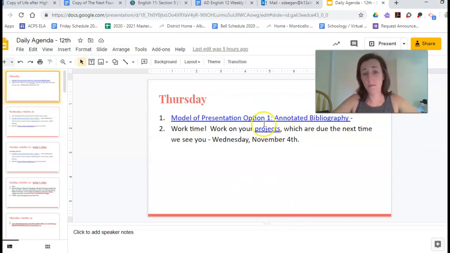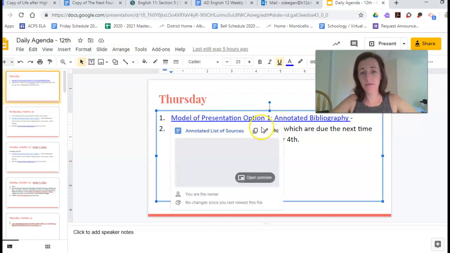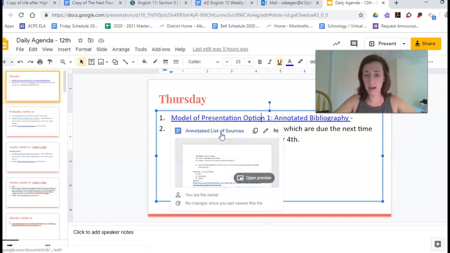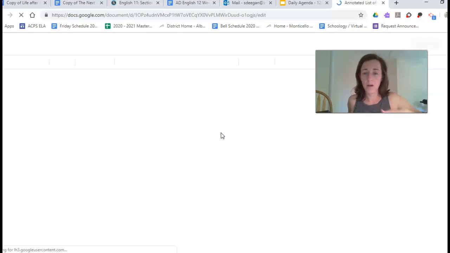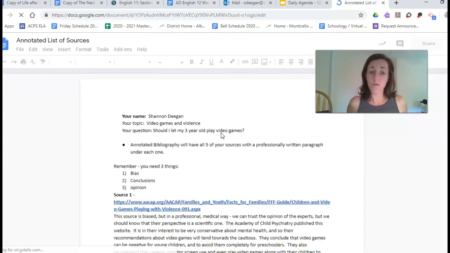We're working on our research projects and I want to show you what it could look like for you as you develop your final product. So by Wednesday we said you really need to finish your research notes document where you have your 5 sources and your notes. And that might look like for you